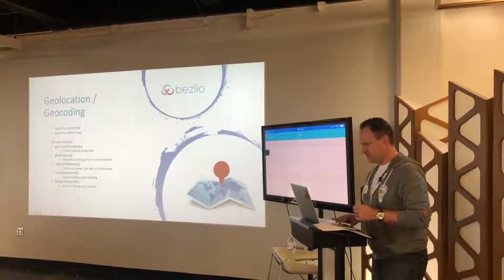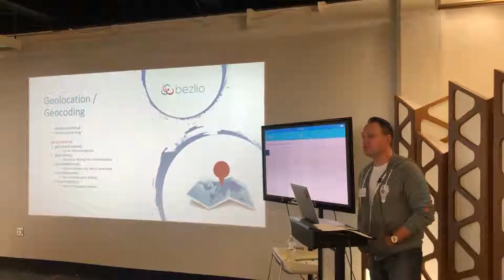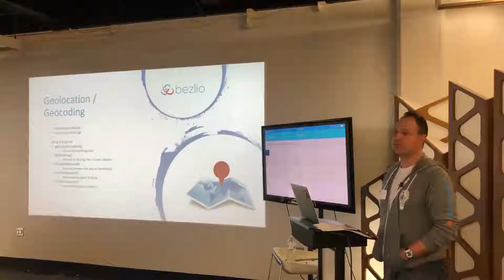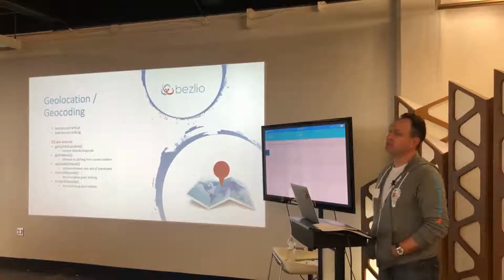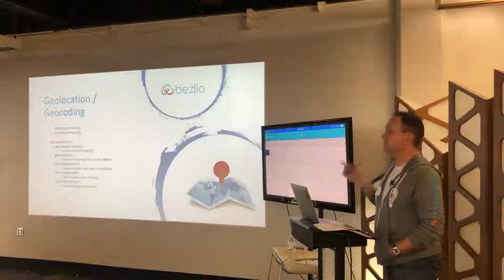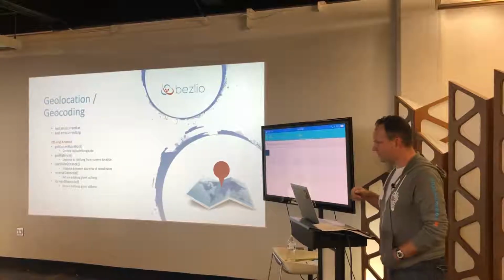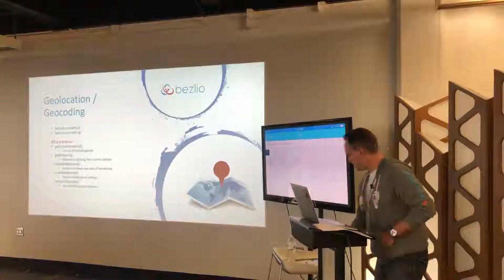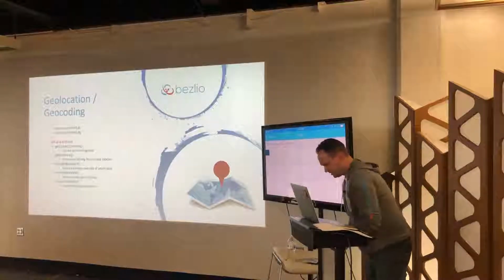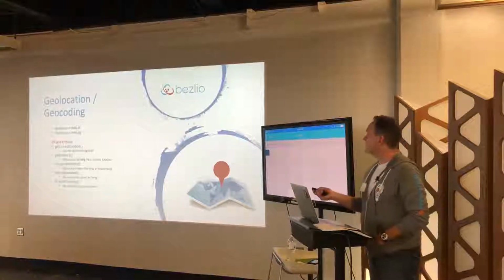I don't know. All right, our next native feature, geolocation, that's telling where you are on the planet Earth, and geocoding. Well, geolocation is coordinates, latitude, longitude. Geocoding turns that into an address or vice versa. Since the inception of Bezlio, there's always been, probably the easiest way is this